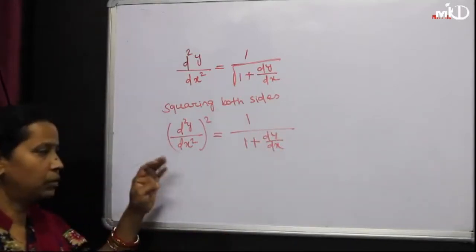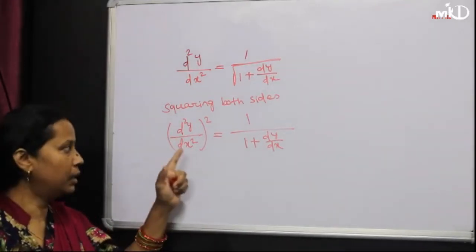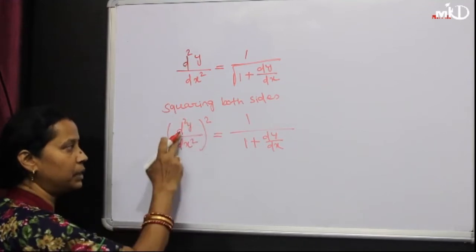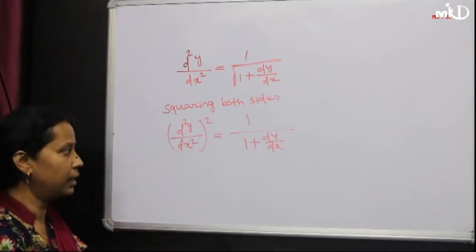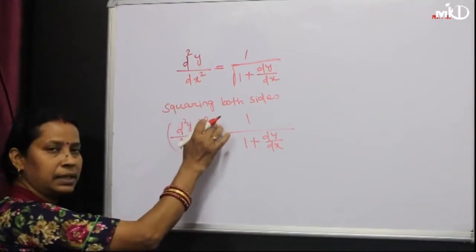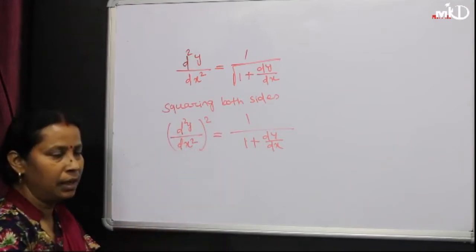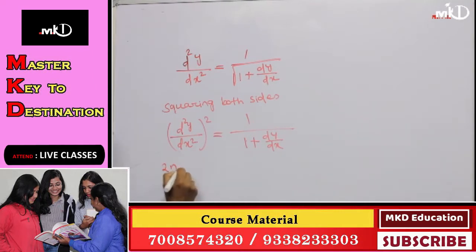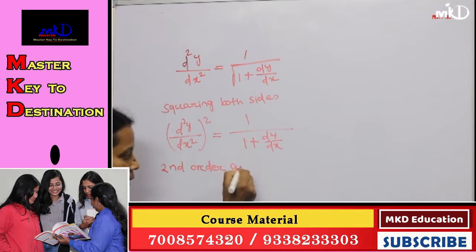Now you already know the order of the differential equation is the order of the highest order differential coefficient. So the highest order differential coefficient is d square y by dx square, which is of second order, and the degree is defined as the integral power of the highest order differential coefficient. So this is a second order and second degree